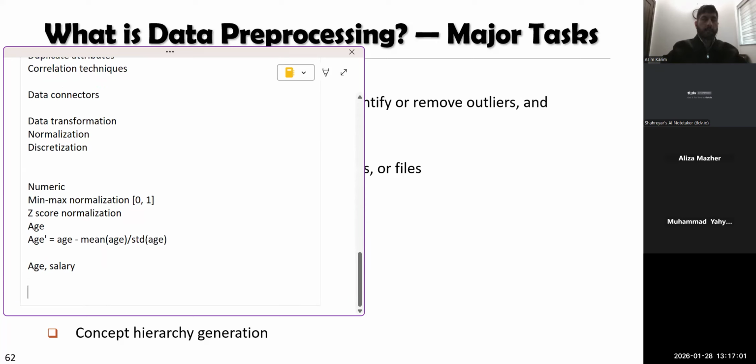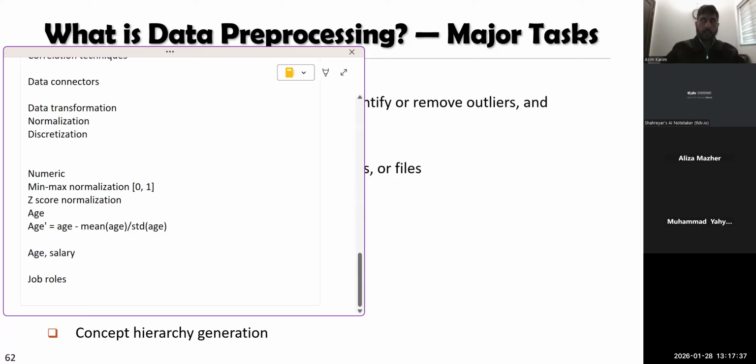All right. So these are the two most important techniques, but I mentioned that normalization can also be applied to categorical data. ठीक है. So categorical data में नॉर्मलाइजेशन जो होती है वो इस सेंस में हो सकती है कि फॉर एग्जांपल लेट्स से आपका डेटाबेस है कि जॉब रोल्स का एक एट्रीब्यूट है. ठीक है. सो जॉब रोल्स में या जॉब टाइटल्स कर लें, तो